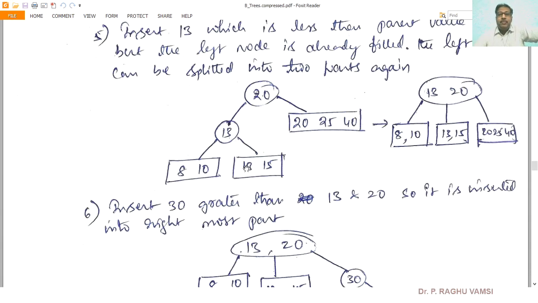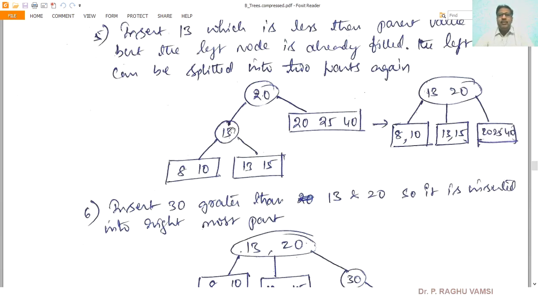But 13 and 20 are single elements in nature, so they can be combined into one node, because a node other than the root cannot have a single element. A single element cannot be there unless it is a leaf. That is the reason we must merge these two.